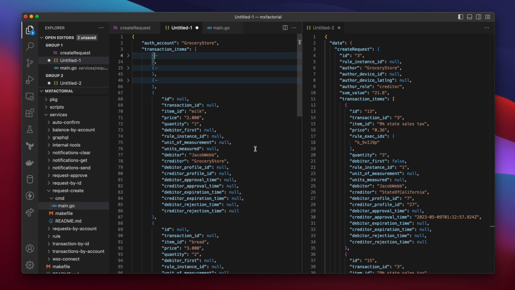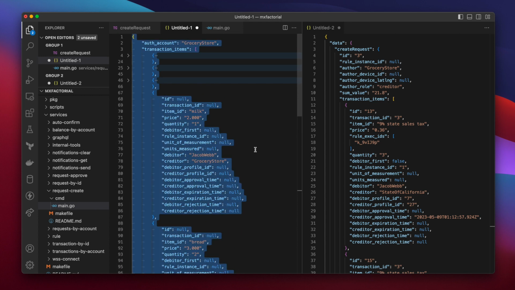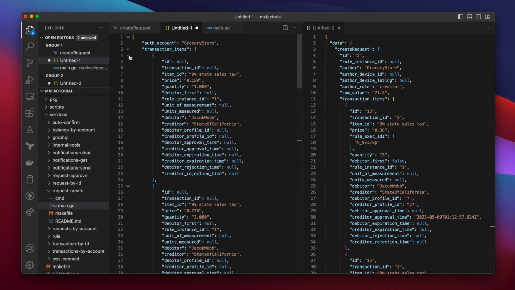The person at the counter first sent this milk, bread, and eggs transaction item list to the rule service. The rule service found a state tax transaction item rule and added these 3 tax transaction items. If this is new to you, help yourself to the previous video, then come back. Okay. The grocery store clerk now has the rule-tested response, which is milk, bread, and eggs with their taxes, and